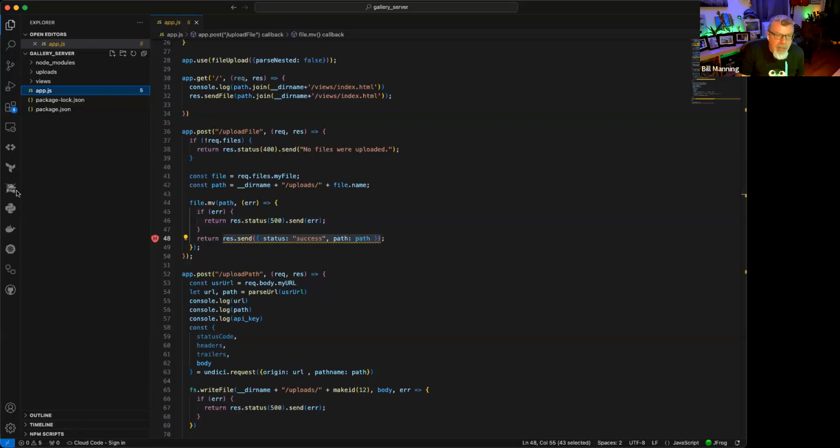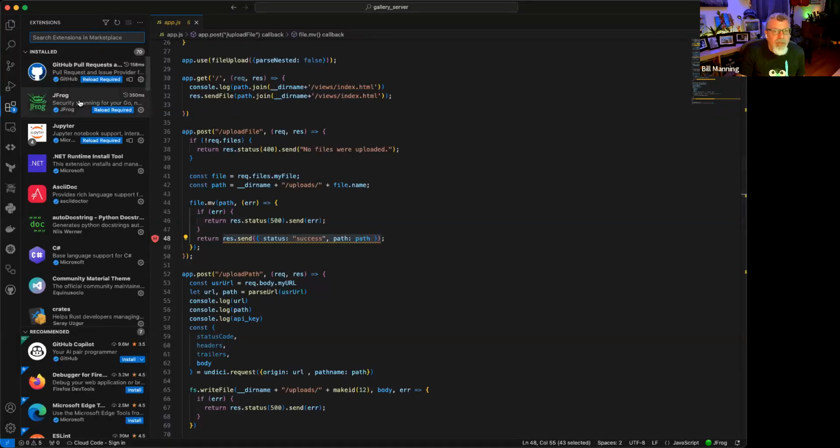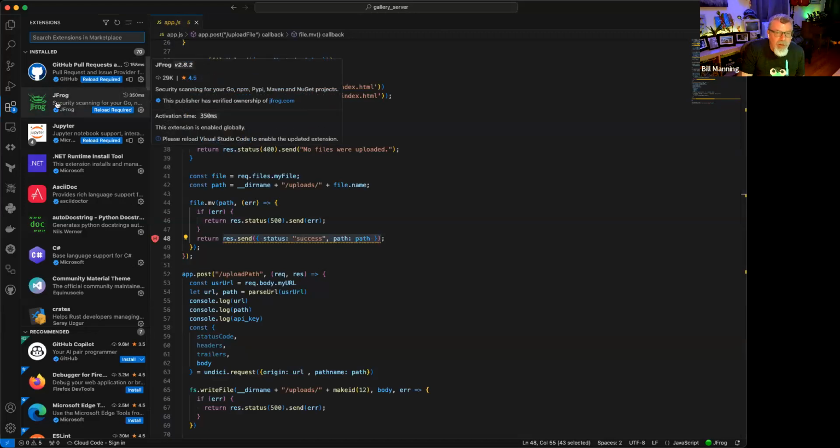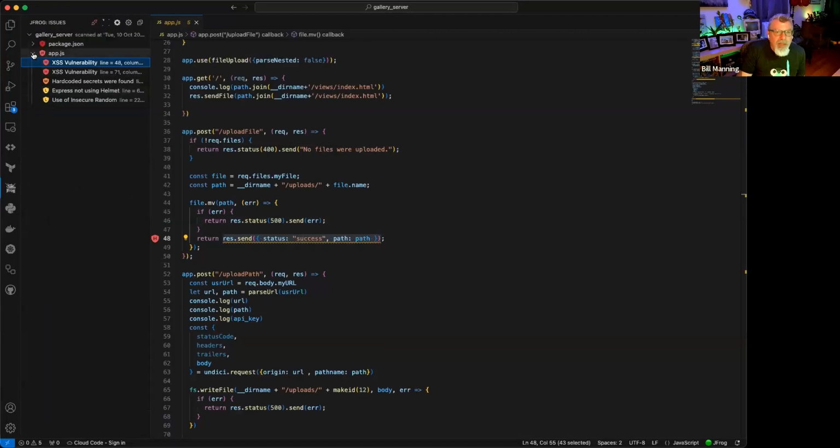It's a plugin, so if you go in and look at things like your extensions, right? If you want to utilize it, all you have to do is go in here and say JFrog security. Just type in JFrog and you'll be able to install it. And then it'll allow you to connect to your server. And I won't go through that process now. But when you do it, one of the nice things is, if you look here, I have this thing that says